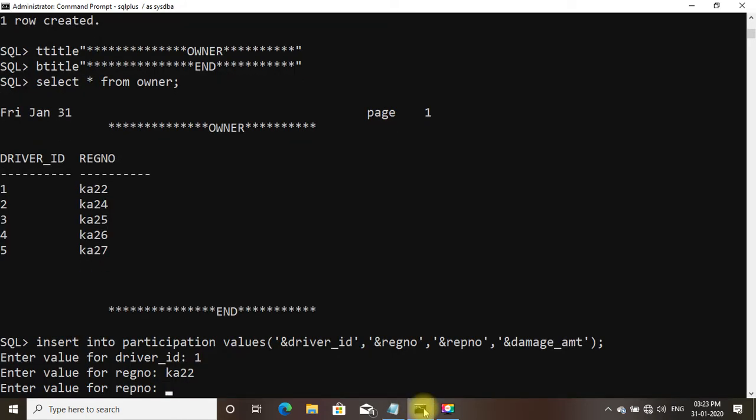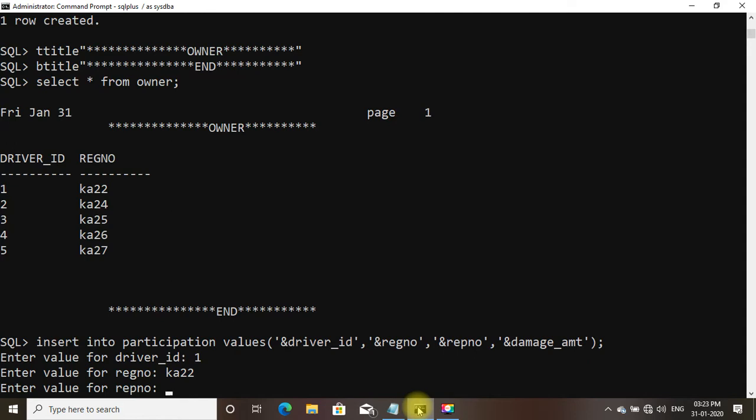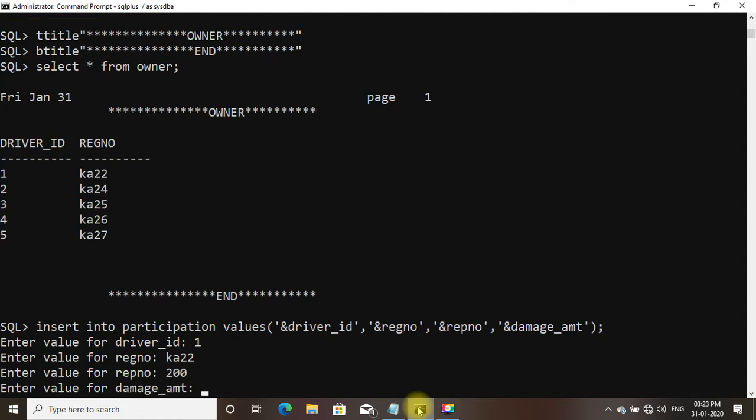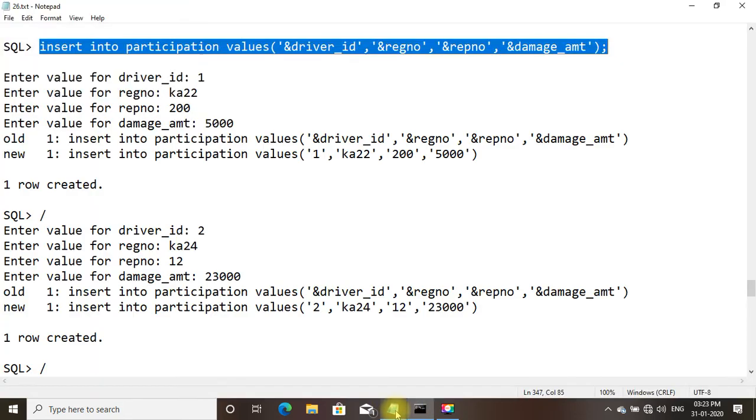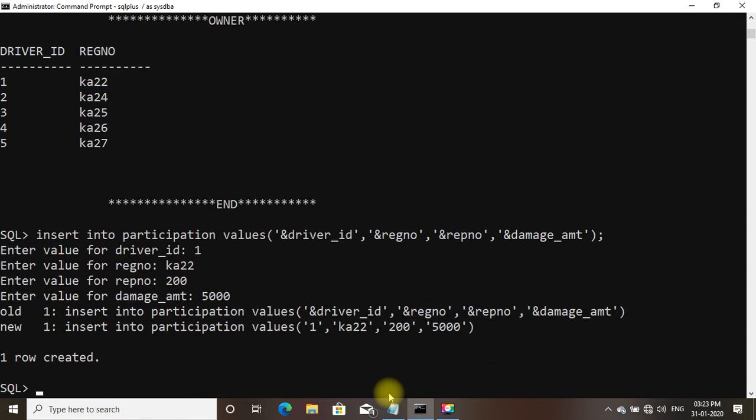Report number is 200. Damage amount, it is 5000. So one row is created.